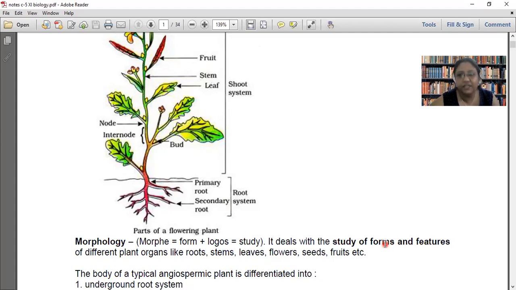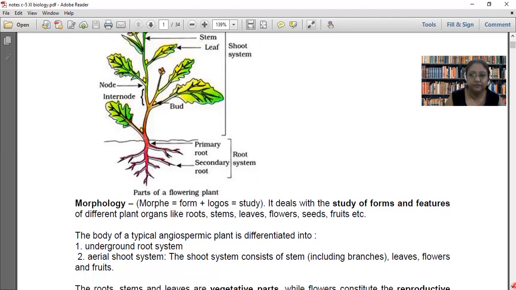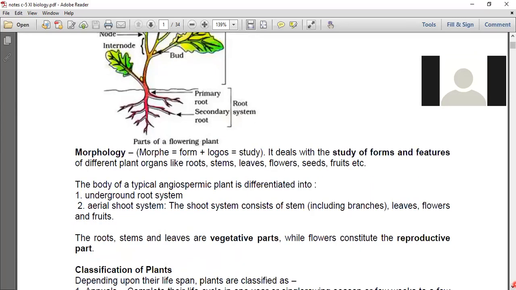Our next chapter, that is chapter number 6, in which we are going to talk about plant tissue, is the chapter which covers plant anatomy. In morphology, we are not going to talk about the composition of cells. We will only look into the structural form or different types of structures present in the plant. Is the meaning of morphology clear to all of you? Yes, yes, ma'am.